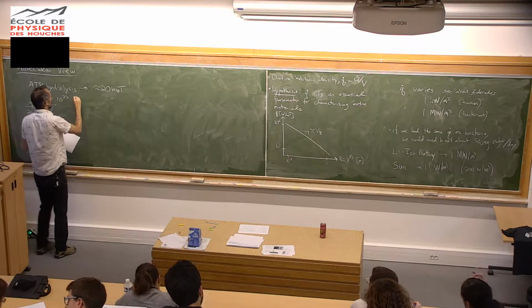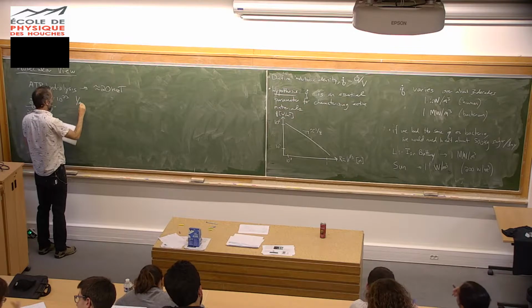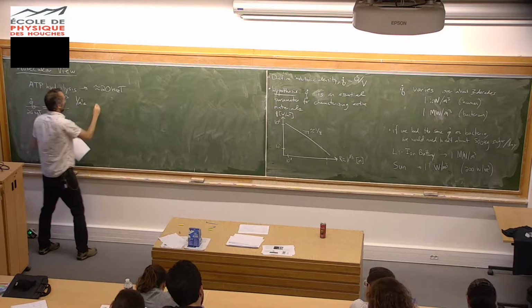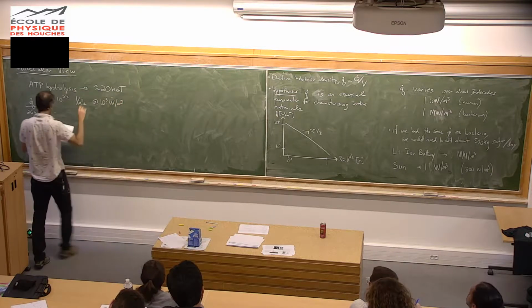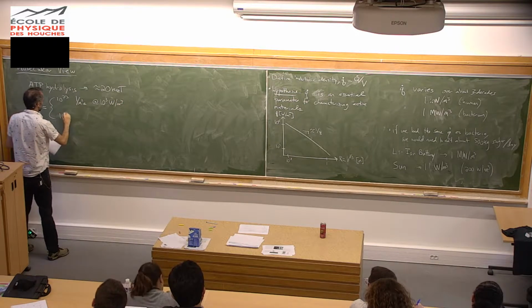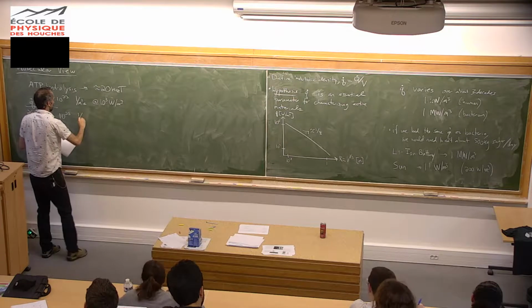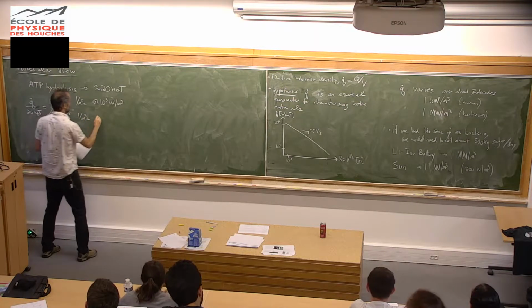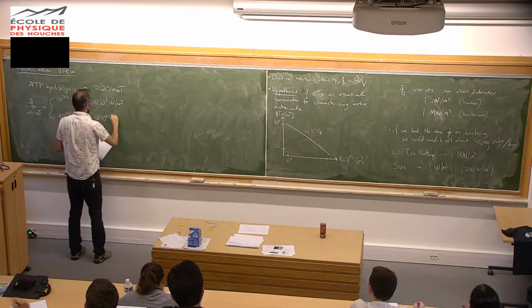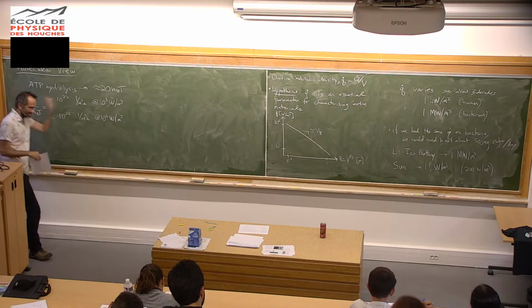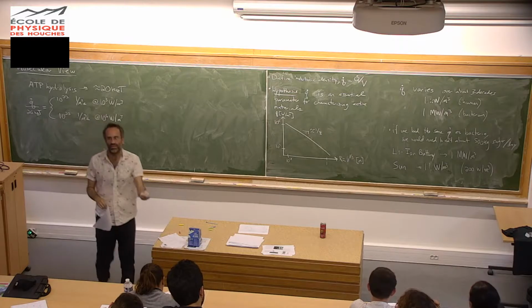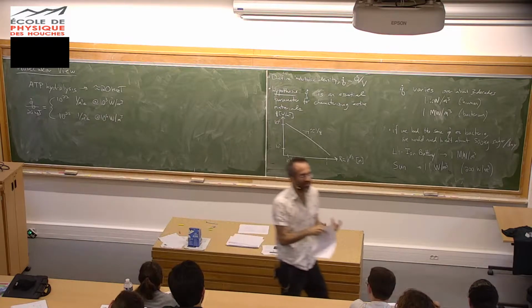10 to the 22 ATP hydrolyses per cubic meter per second at 10 to the 3 watts per meter cubed, which is like the human metabolic rate, and 10 to the 25 per meter cubed per second at 10 to the 6 watts per meter cubed. Okay? So I was trying to think, okay, this is just a big number. I want to get some physical intuition for what it looks like inside of a cell